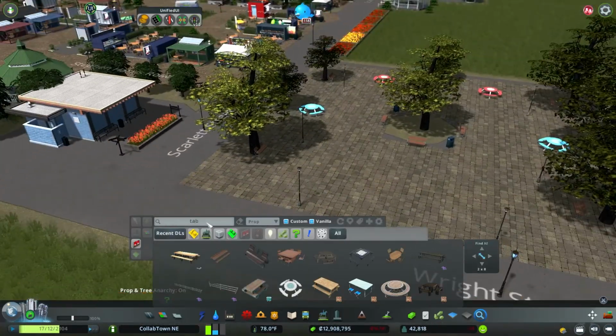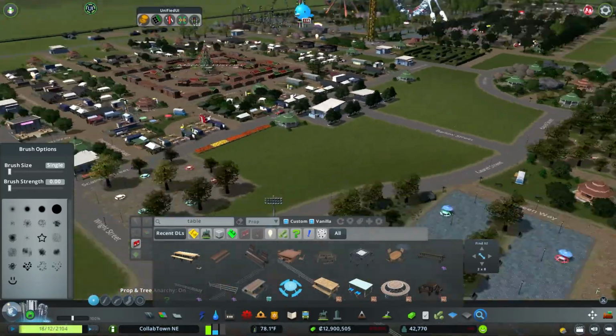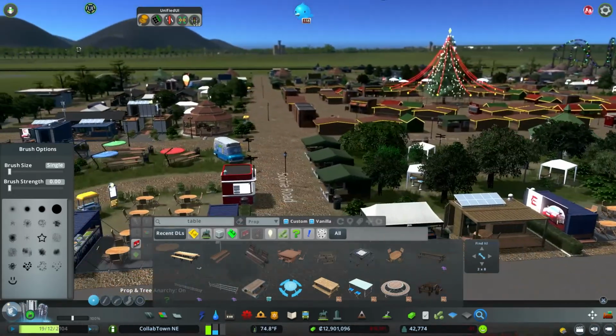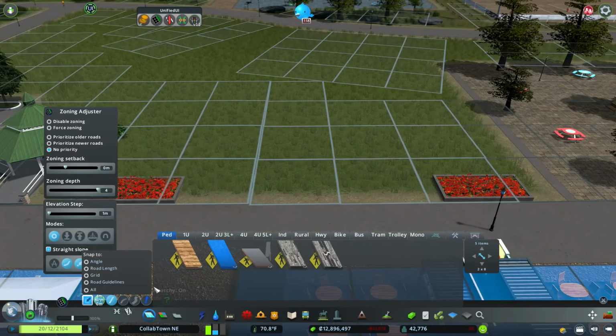And then one of the things I like about prop and tree anarchy is being able to place props. I mean, that's the whole point of it, right? Being able to place props within assets. So I love taking the,